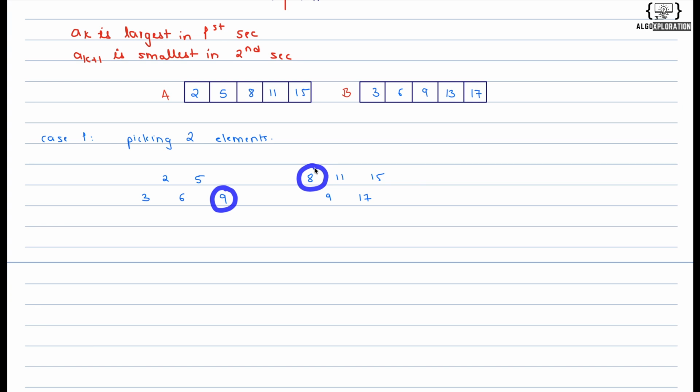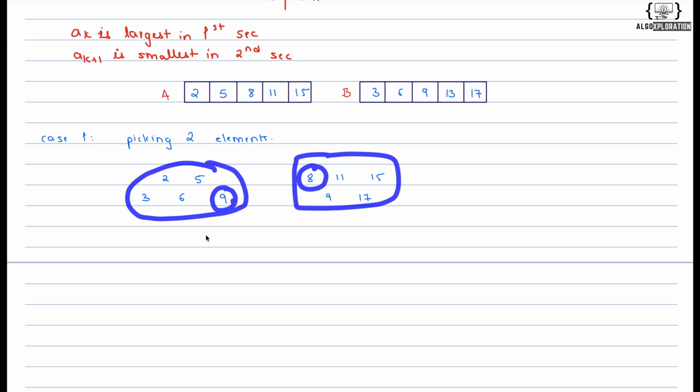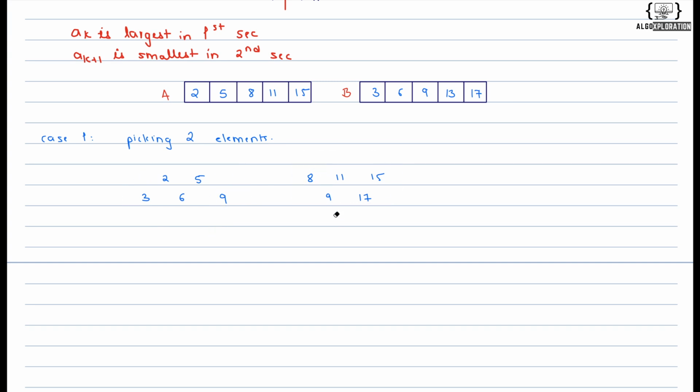Now here I can see that if I sort this array, this 9 turns out to be on the left hand side. That means the 9 is present in the first section, which should be wrong because 8 should be present here, right? So the partition that I have done is wrong,